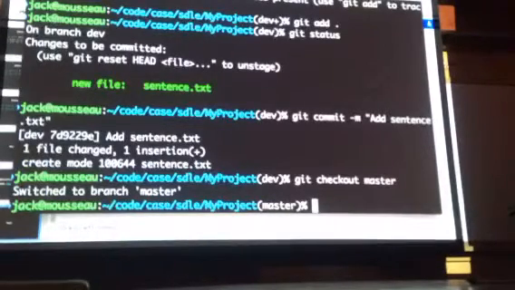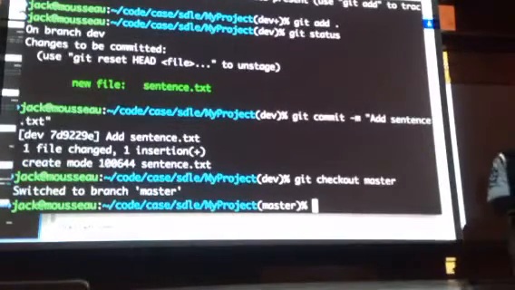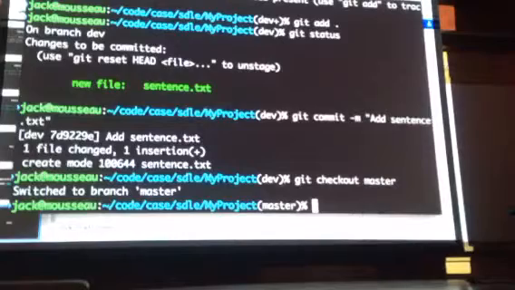One thing you have to keep in mind is you can't have any unstaged changes when you try to check out a new branch. It'll say cannot check out branch, you have unstaged commits, please commit them. And if you save those changes to that branch, then you're free to move to any other branch you would like. So now I'm back in master, and I'd like to add a README, so I can copy over